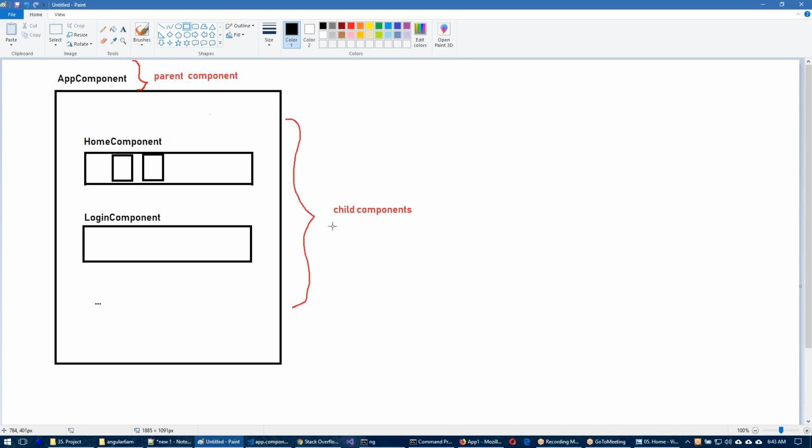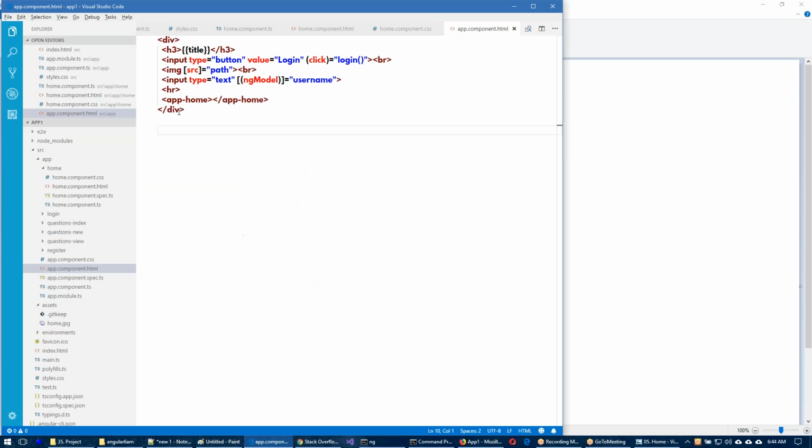And here we are calling the parent and child only based on how they are invoked at runtime, not depending on how they were created. It's not about the inheritance topic. In object-oriented programming, inheritance, I mean parent class, child class, that perspective is different. Here, based on the sequence, how they are invoked and in what place, depending on that we say whether it is a parent or child. If invoking is not done, no parent, no child, it's just an independent component. Okay, so here for sure app component is a parent, home component is a child in this example.